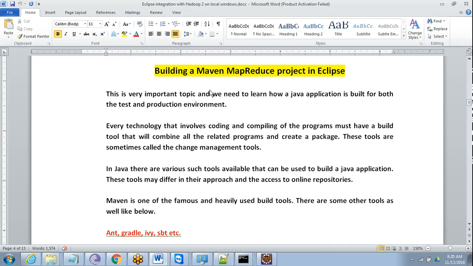Once that is done, successfully tested and approved, you just need to promote the same thing to the production environment. You can do promotion, and you can also build things in development first, and then promote the same thing to production. So Maven is one of the tools that is heavily used as a build tool for Java